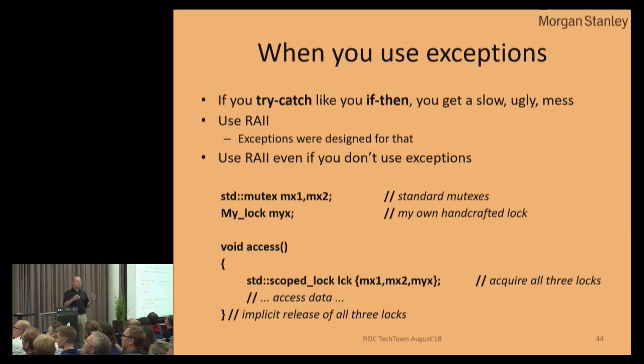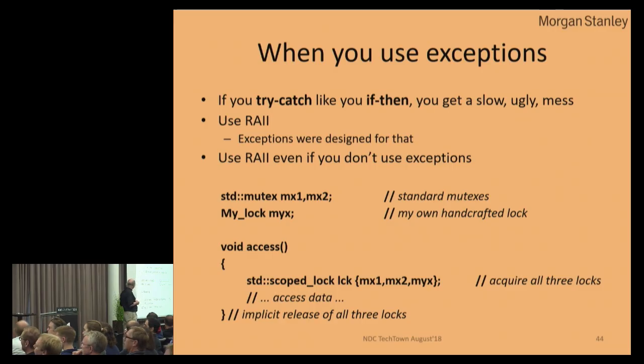If every level tests with try-catch for whether there was an exception in the function you called, you should have used error codes. If you really want explicit checks all over the place, error codes is just the same as try-catch. Try-catch, you can use that as a very slow, ugly way of writing if then else. Don't. It just drives you nuts. This is not Java. You do not have to have a try on everything where an exception can propagate. And so, just to show an example.